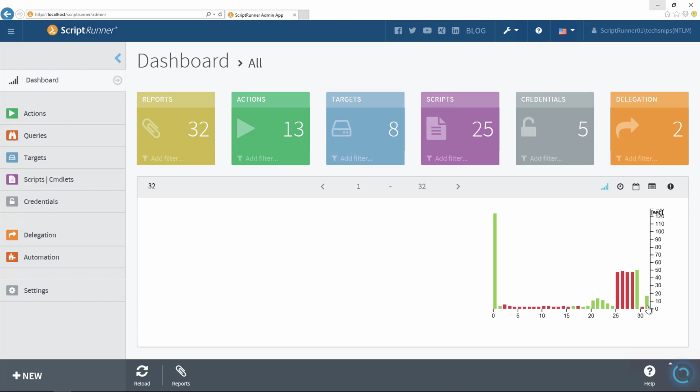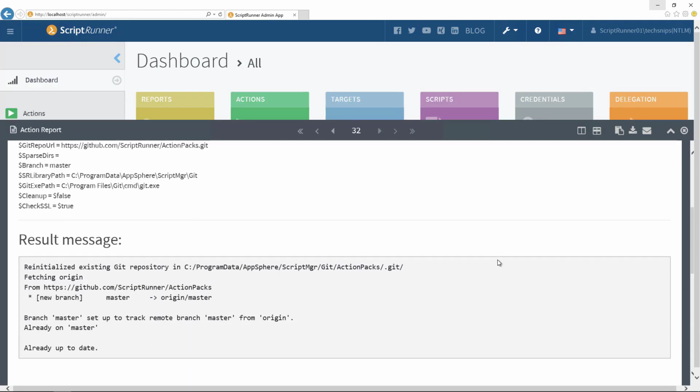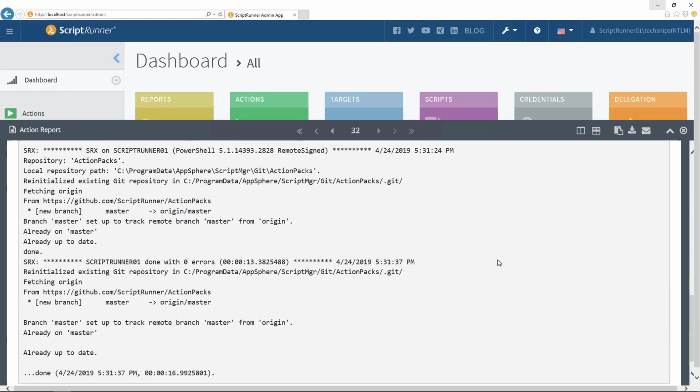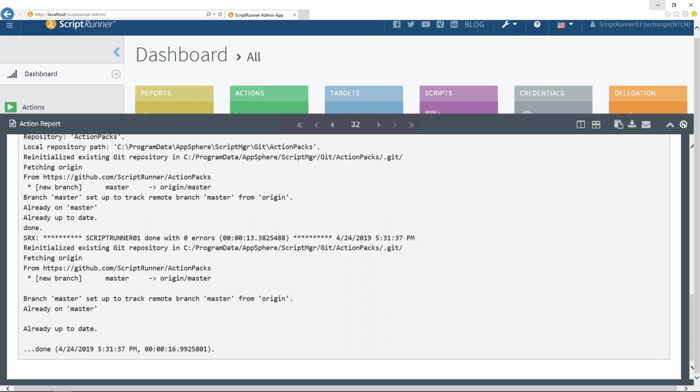But to dive in here, I can click on it, and then it will bring up a really nice report of various information: the values that were passed to the script, the resulting message, all of the output to the host console, and more. So it's a really good way to consolidate all of that information, especially if you are centralizing all of your scripts. You now have one place where you know exactly what the script did, what parameter values were passed to it, and what the output was.